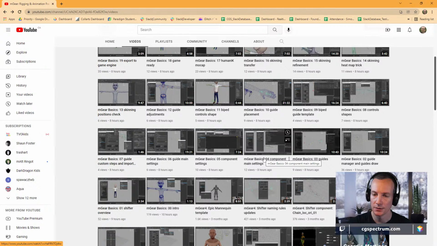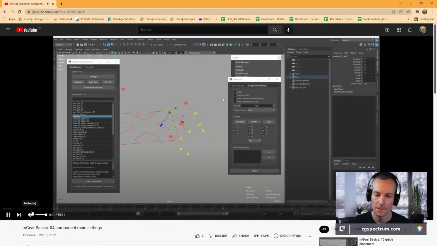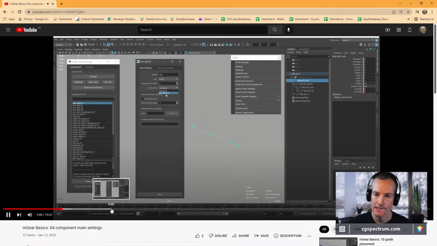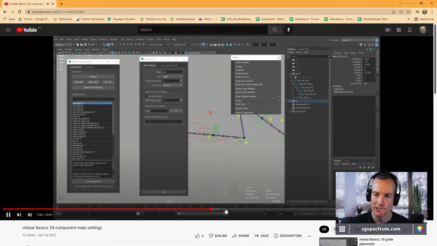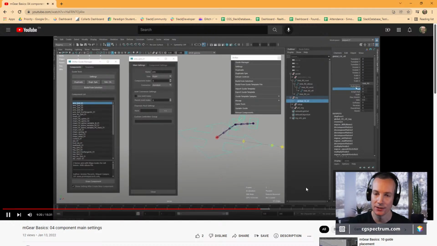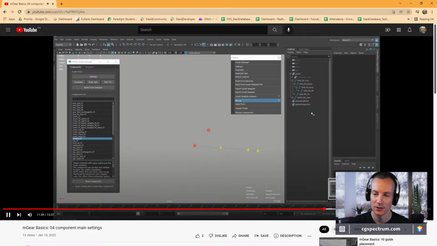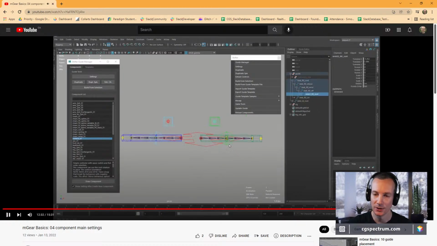Component main settings, component settings. Man, I feel like I was on the right video in the first place. As I said before, the components have this, because what it does is doing some internal connections for you. They're free. He's just talking about how I did that joint, parent joint thing, which I'm like, nobody will ever use that feature. So now I can. And the first thing I wanted to do was add that feature.